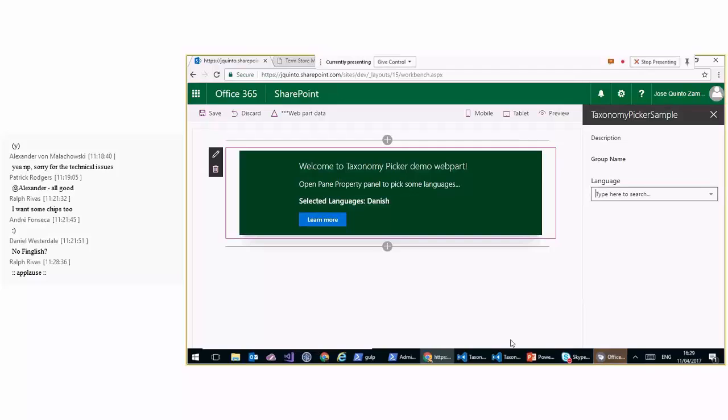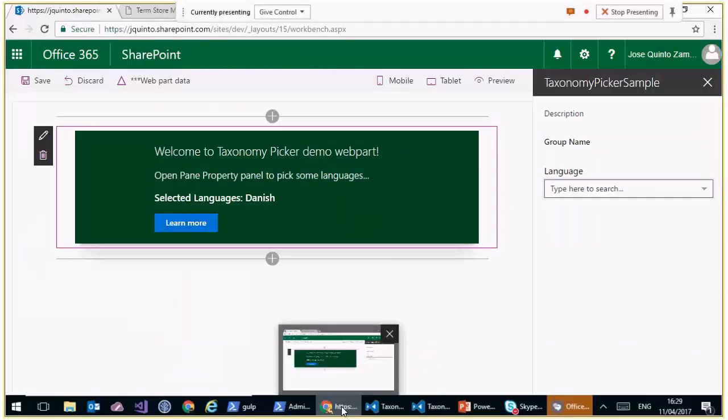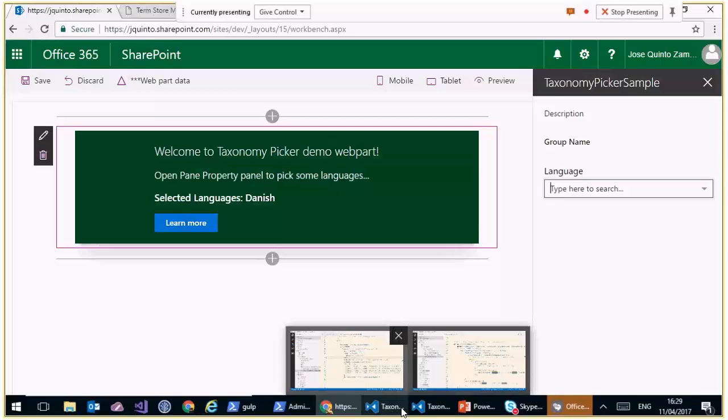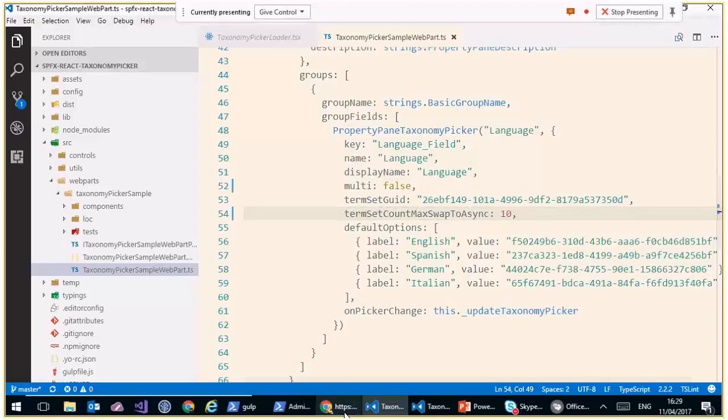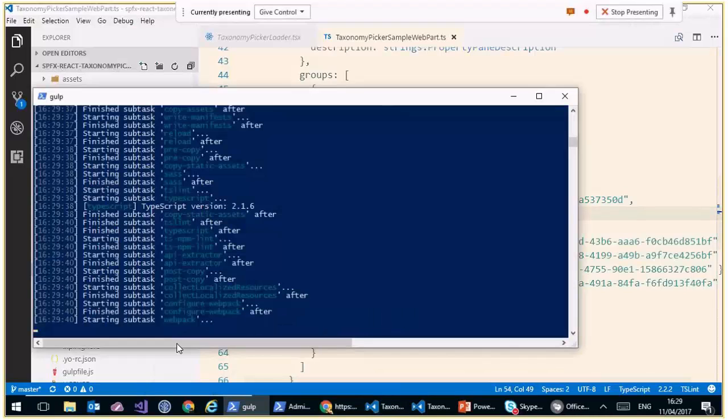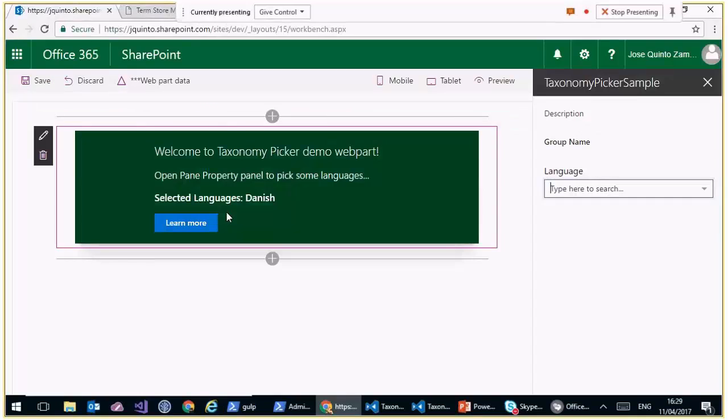And now, the latest demo I'd like to show you is about this feature in which you can convert the control automatically into async or sync. So let's say we have in our term set kind of 30 terms. If we set the term set count max swap to async to 10, for example, that means that this is the maximum quantity of terms allowed as an initial load. So now we save, we allow gulp to do the thing on here,